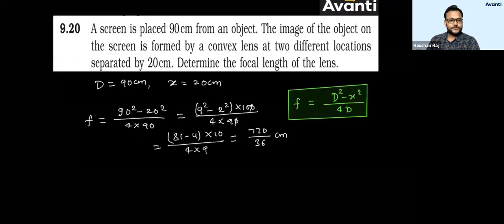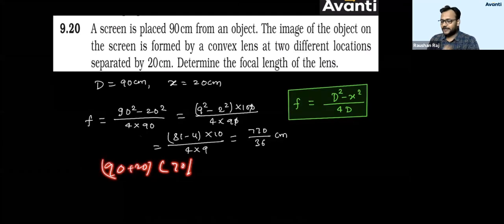Yeah, you can do that. No issues, Gurukul. कर सकते थे, कोई प्रॉब्लम नहीं था. a plus b into a minus b. मुझे थोड़ा ये ज्यादा आसान लगा. 9 का स्क्वायर तो मुझे पता ही है, 2 का स्क्वायर मेरे को मालूम ही है. So why will I do 90 plus 20 into 70? ये भी थोड़ा मुझे बड़ा लगता है. I'll take 10 out. 10 square is 100. 9 square is 81. I know. 2 square is 4. I know. तो आंसर मिल जाएगा. ठीक है. Anyway,